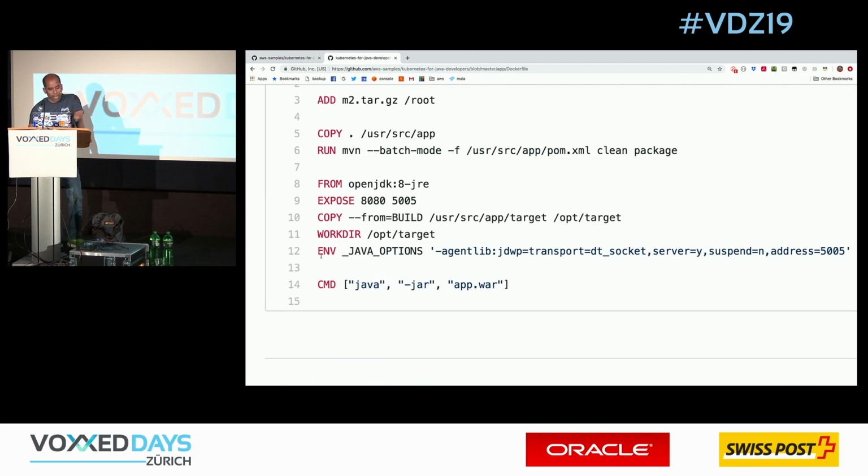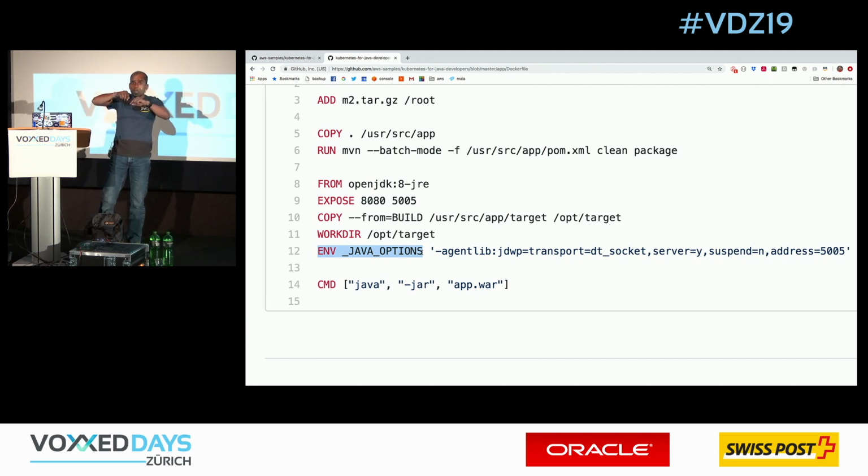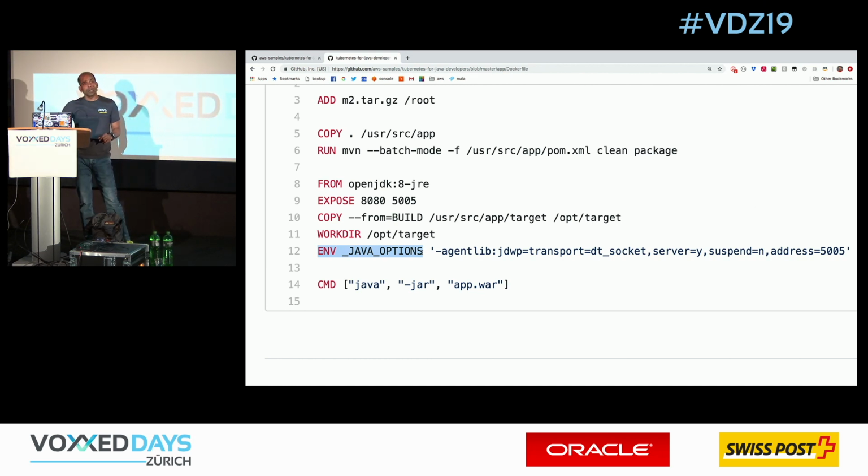In my Docker file, I have this environment variable called Java options, okay? And I get these Java options, like in IntelliJ, for example, I can say I want to connect to a remote VM, and then it says, hey, just drop these options somewhere where your JVM is accessible. So I copy these options, set them up as JAVA_OPTIONS as the environment variable.